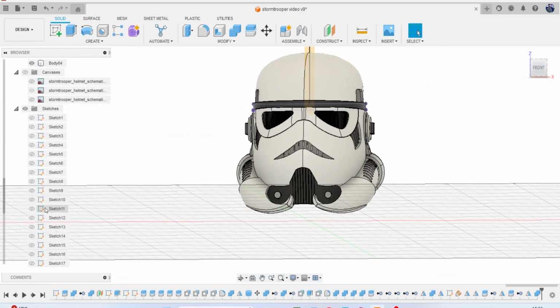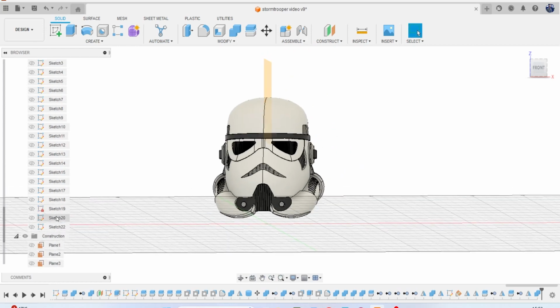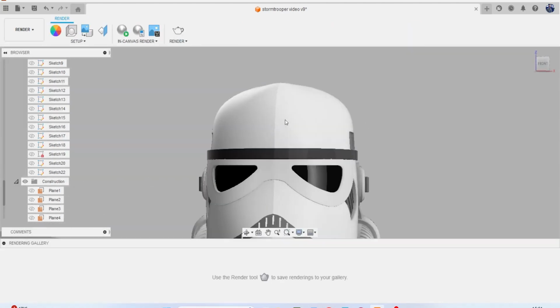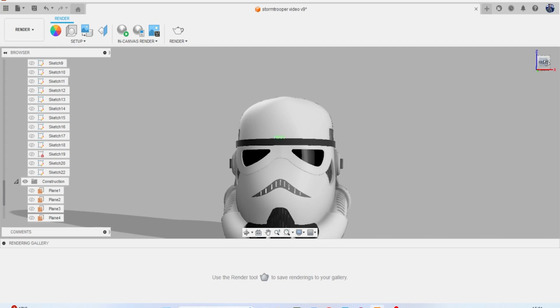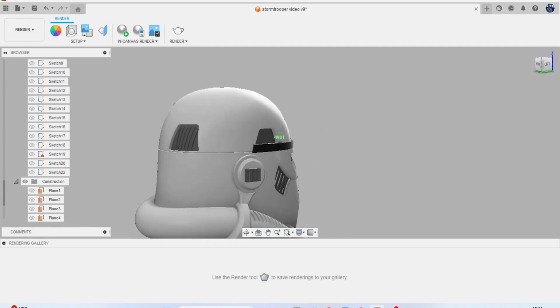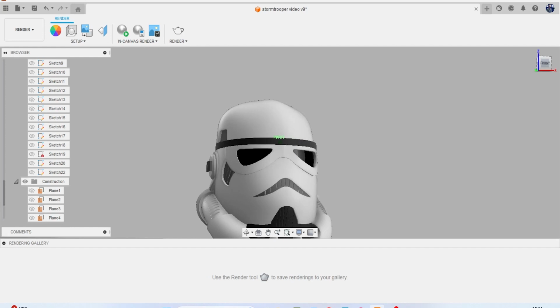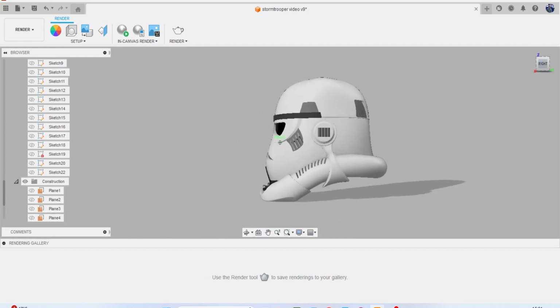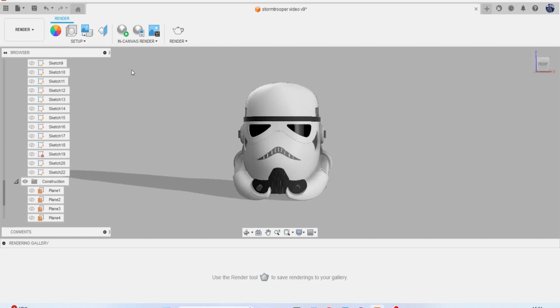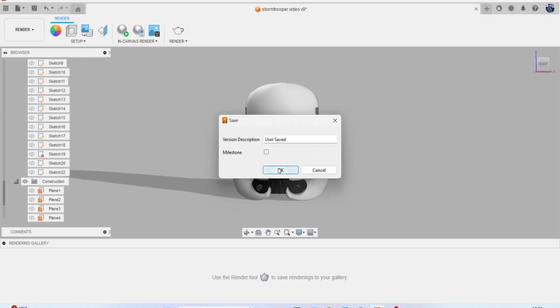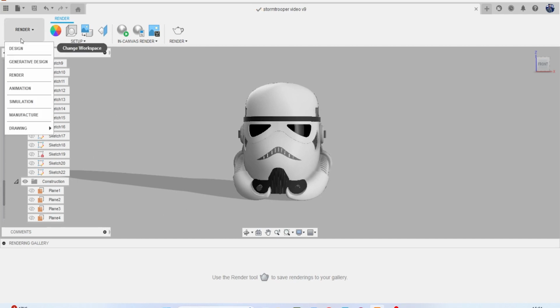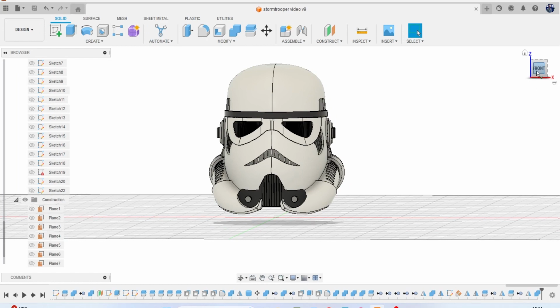Okay. Now it's just a case of going over everything once, making sure we're happy with how we're looking in render. It's looking nice. So there's one last thing we're going to try. It might not work, so if it doesn't, we'll export it as it is and start to texture it. But let's just come in here,